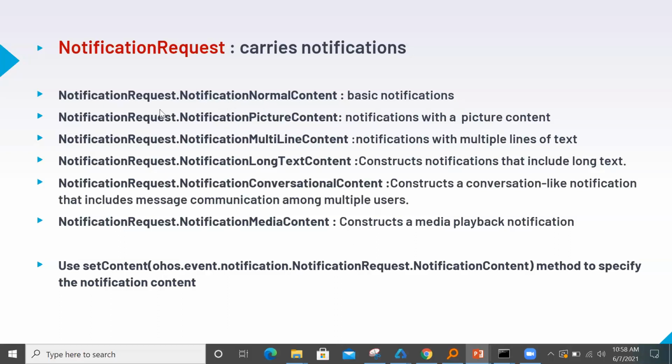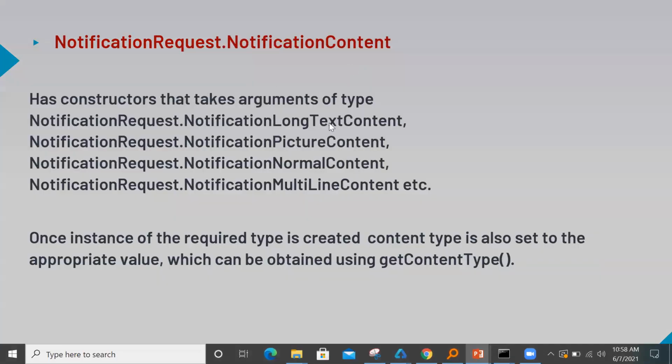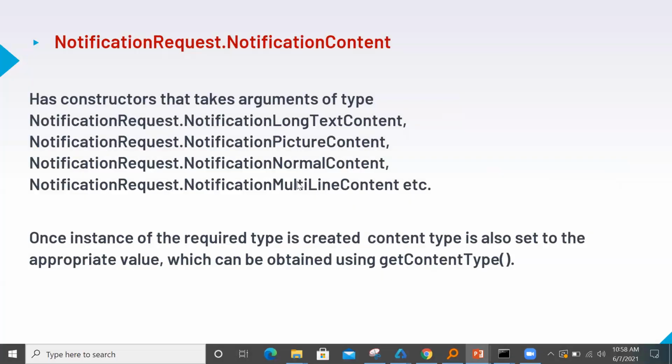Another major method inside NotificationRequest is setContent. We pass in a NotificationContent object to specify what the content is. This NotificationContent has constructors that take arguments of all the types I mentioned, so these 5 types.